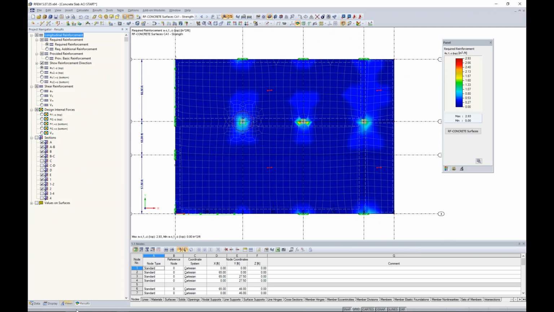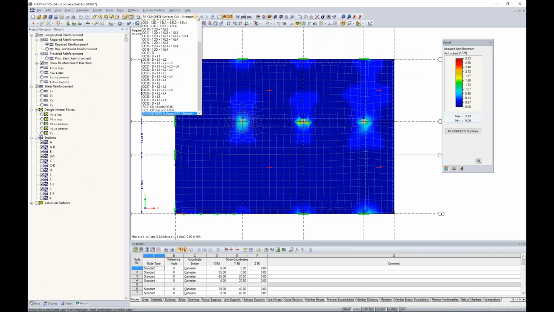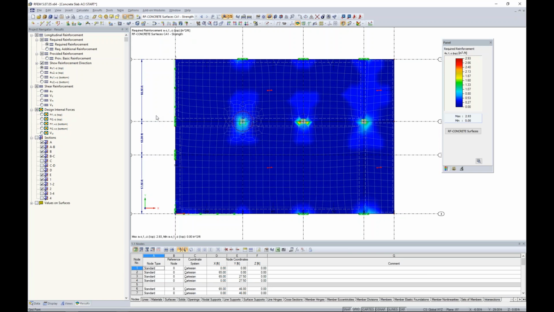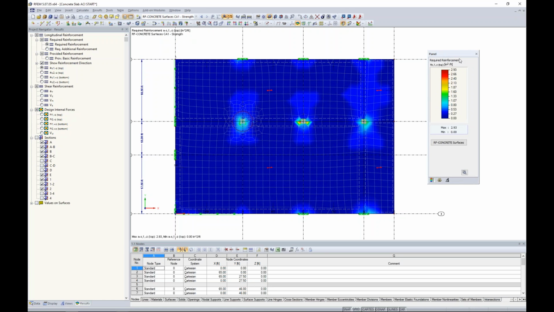I now have this Results tab available in my Project Navigator. I know I'm still in my Concrete Surfaces add-on module because, as you can see, I have all my different load combinations, but we have RF-CONCRETE Surfaces selected in our drop-down box. Now, I can see my required reinforcement. I have my nice table here to show the different contours,